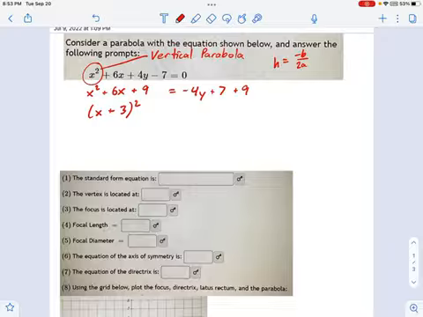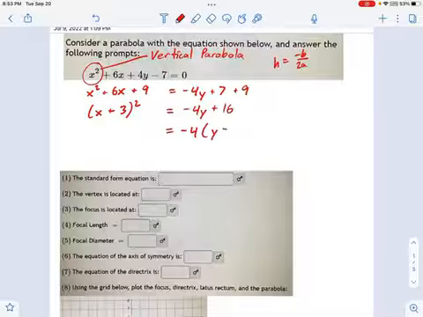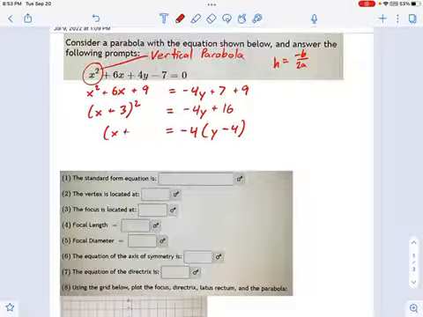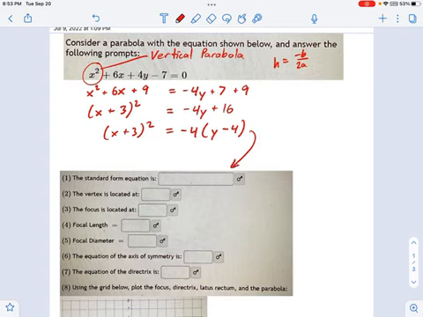So what do we get on the right side? Well, negative 4y. It doesn't look like a whole lot now, but maybe something nice will happen. That factors. I can pull out a negative 4, and what's left is just y minus 4. So if you look at what we've got here, all of a sudden, well, that's pretty good. That's the standard form equation that we're talking about right here. And you can see, yes, it is definitely a vertical parabola.